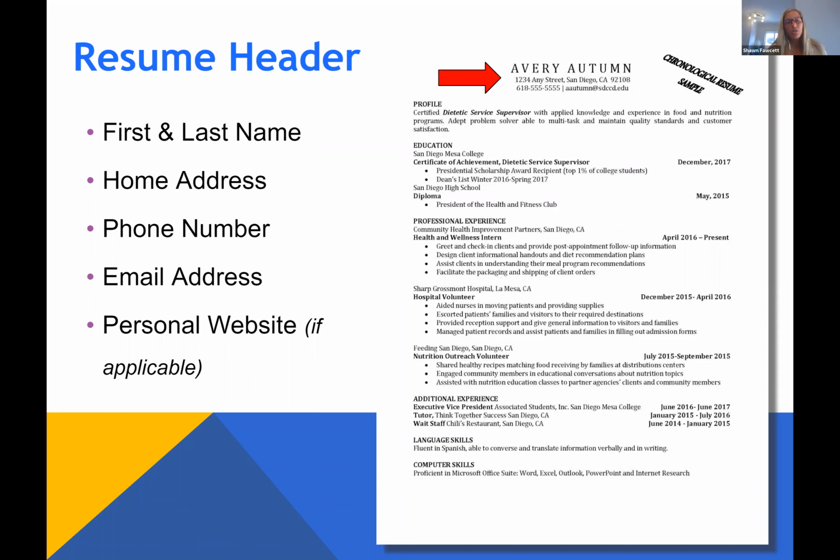You can also include a personal website, but only if this is applicable. Meaning if you just have some random website that you've created, you don't want to include that. As long as the website is professional and is relevant to the job that you're applying for, then yes, you can absolutely include that. I oftentimes recommend students to include their LinkedIn profile, but only include that link to your